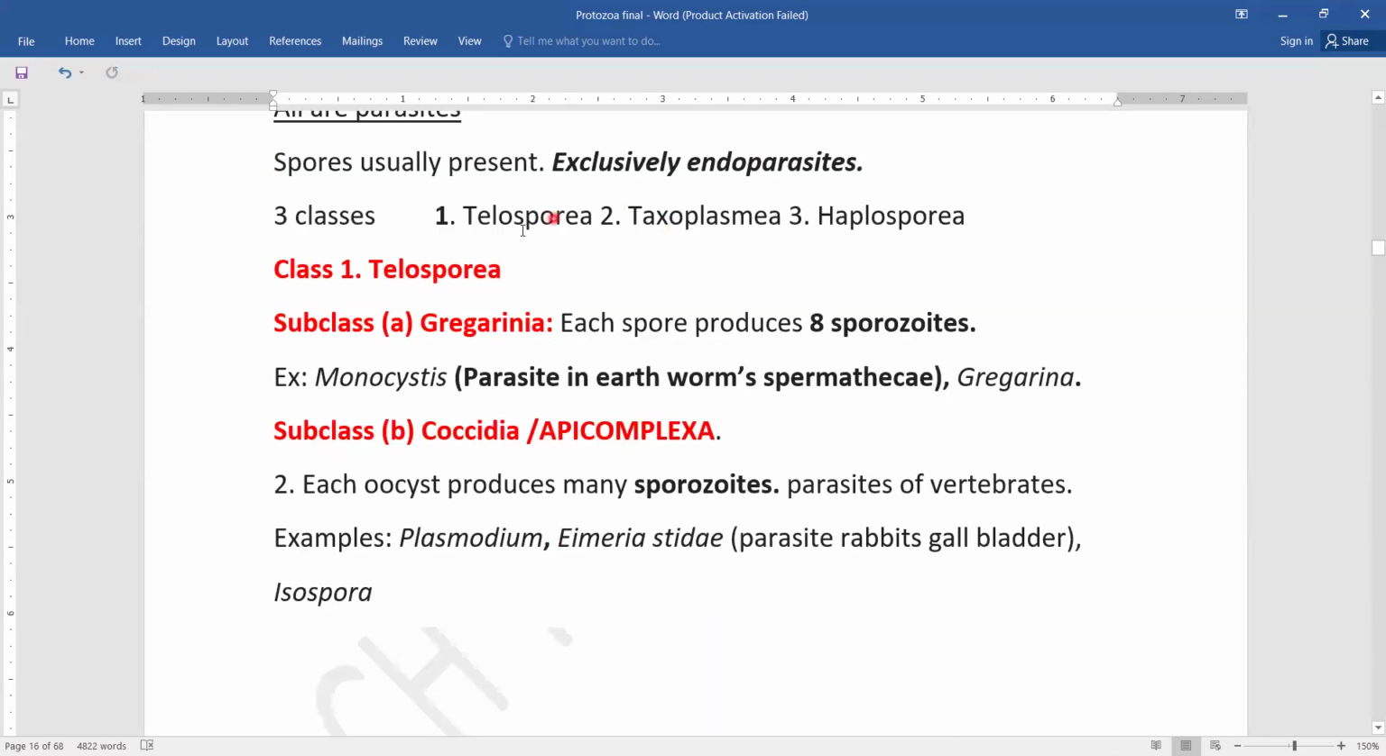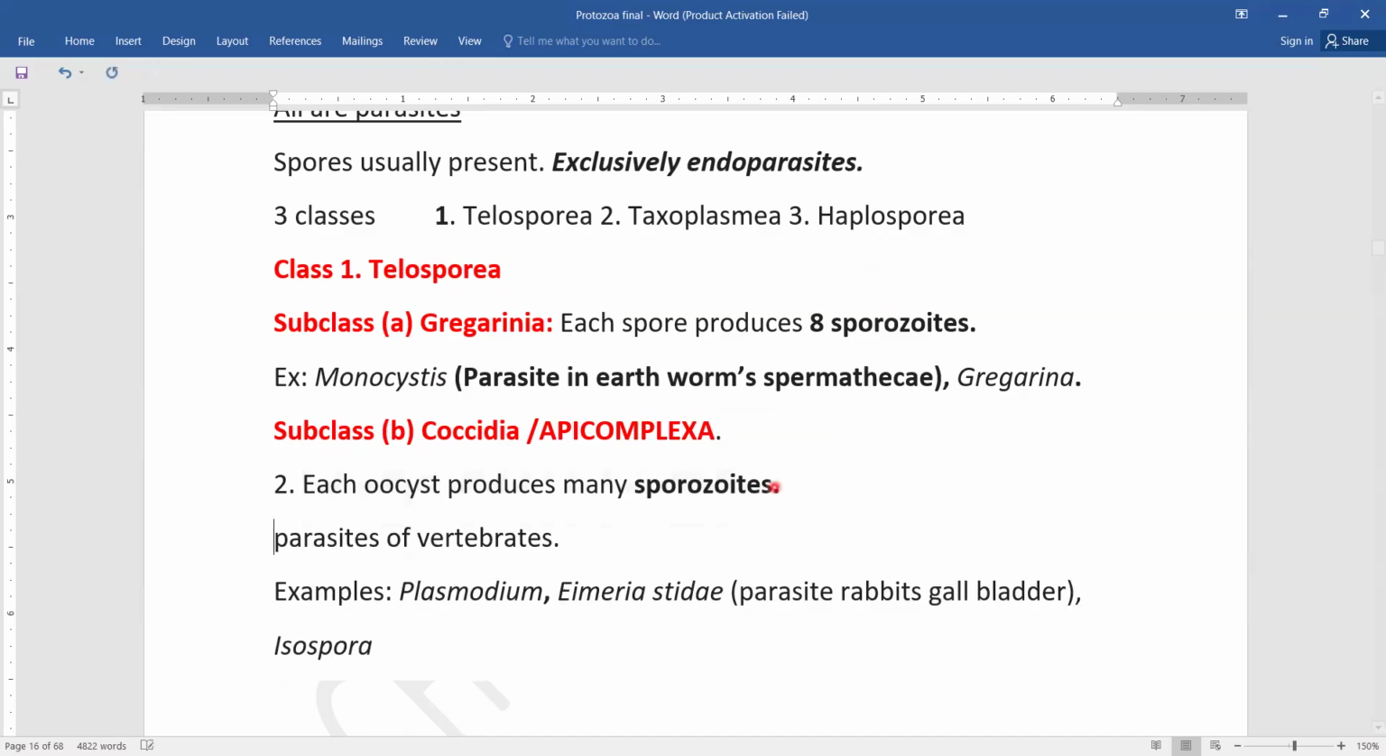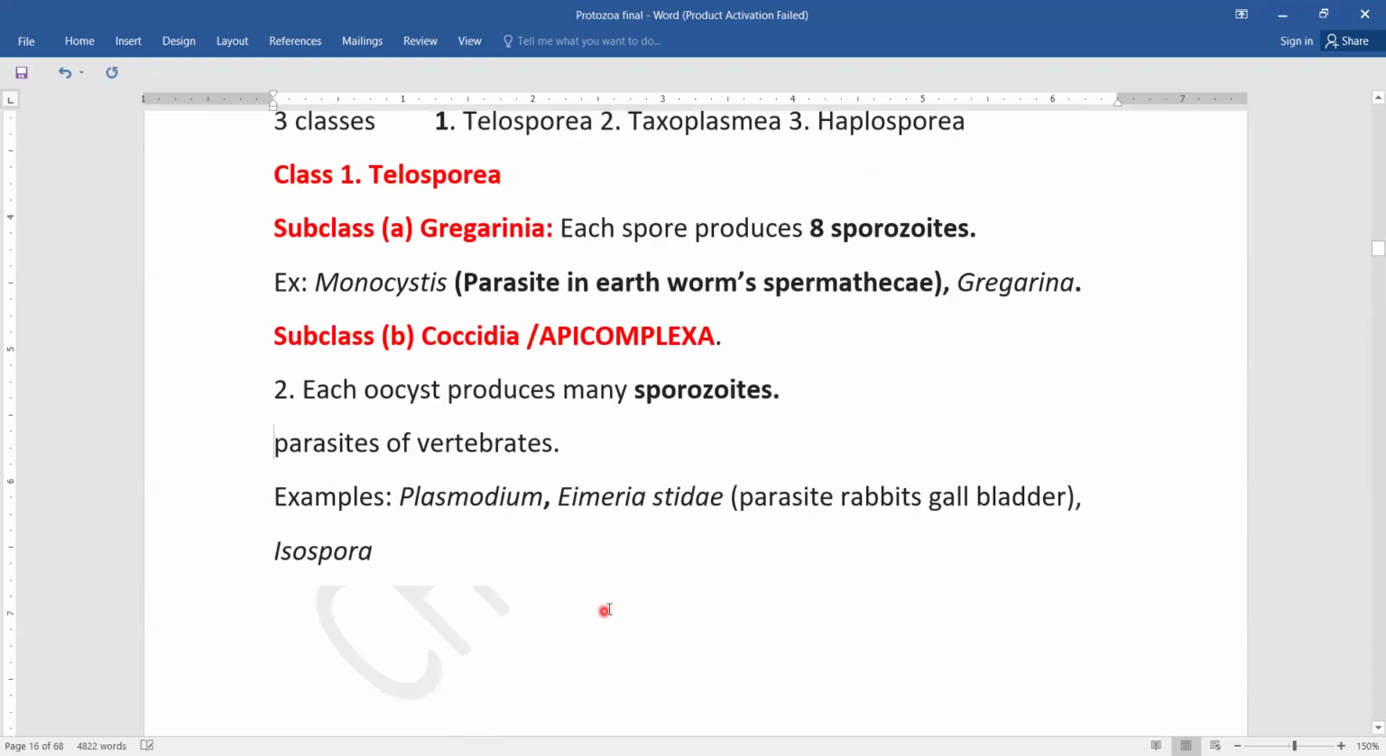So we are discussing Telosporia, which has two subclasses. One is Gregarina, example Monocystis, which is an endoparasite in the spermathecae of earthworm. Then Coccidia, Epicomplexa. Why is the name Epicomplexa given anyway? In this, each oocyst produces many sporozoites. Here only 8, here many sporozoites. So these are all parasites in vertebrates. Okay, example, this one is,